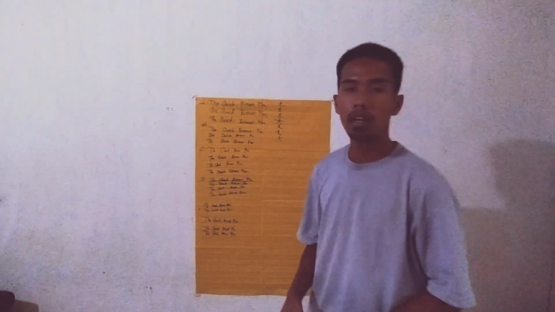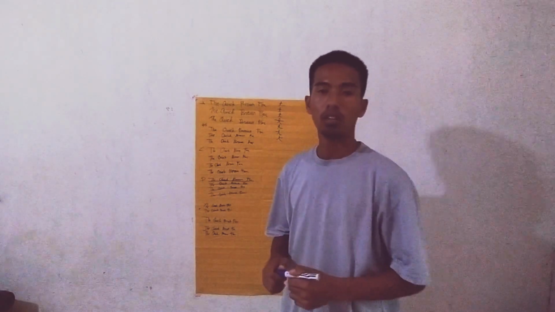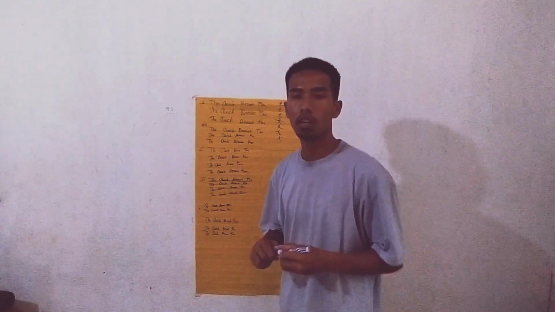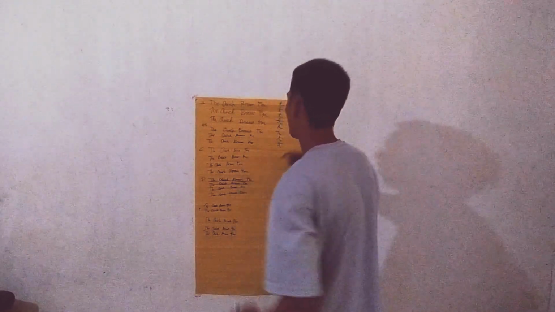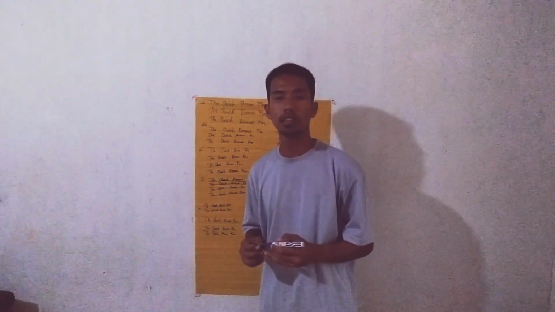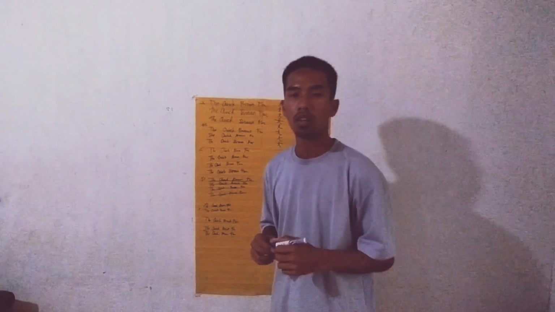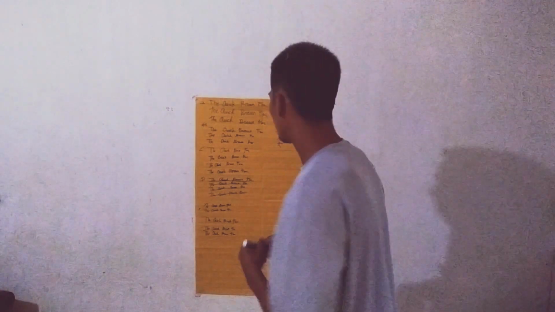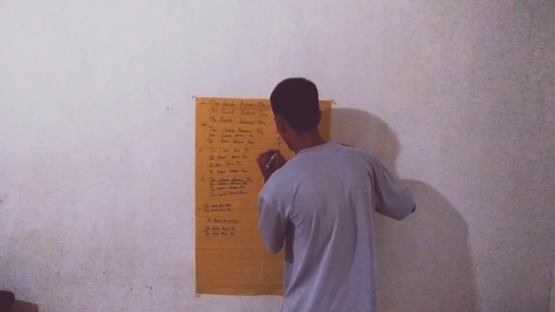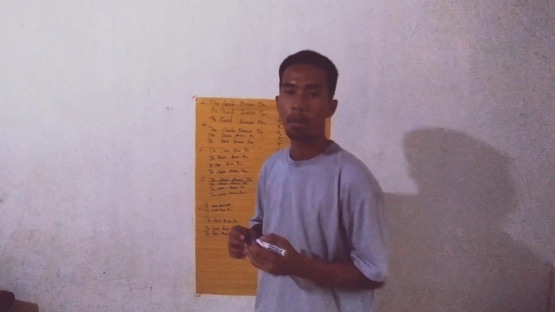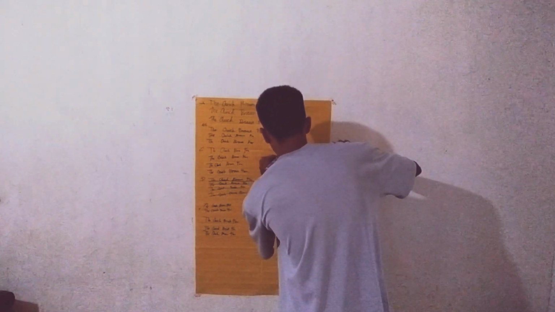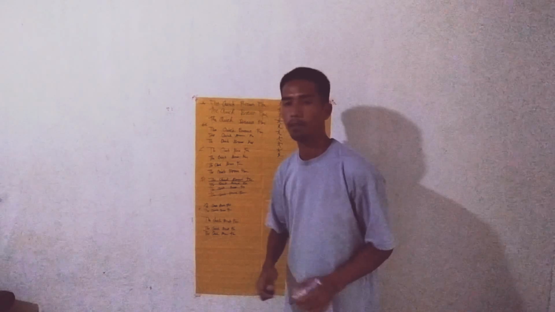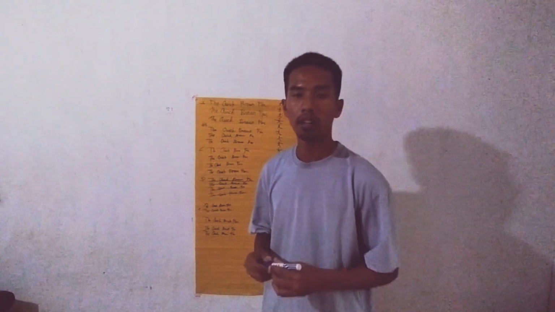Next is T bar convex shape. Next is T bar concave shape. Next is T bar